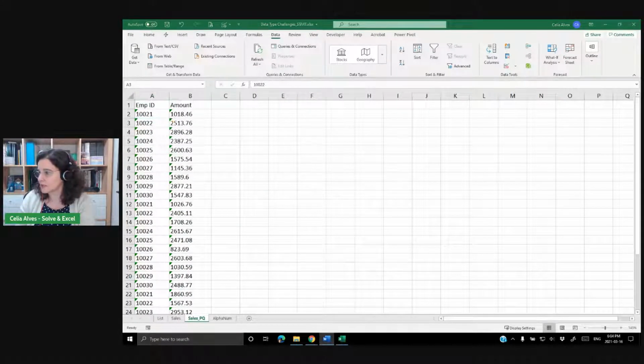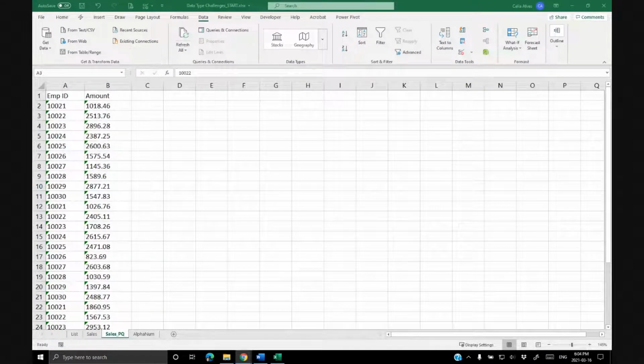And in this case here, we will see what happens when we are loading data with